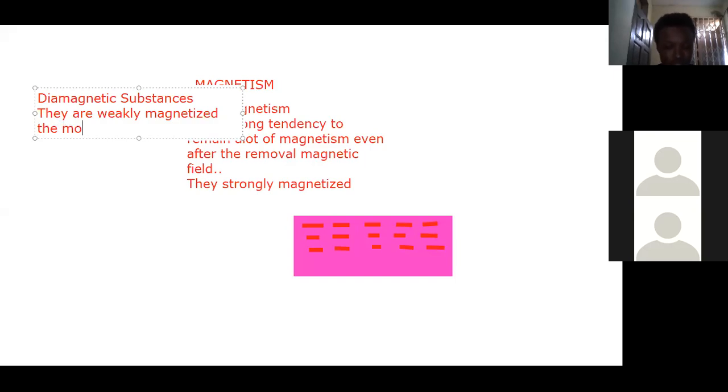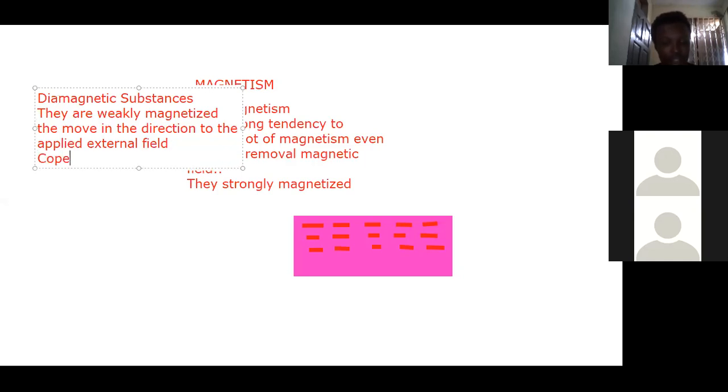In other words, their domains are aligned in the direction opposite to the applied field.